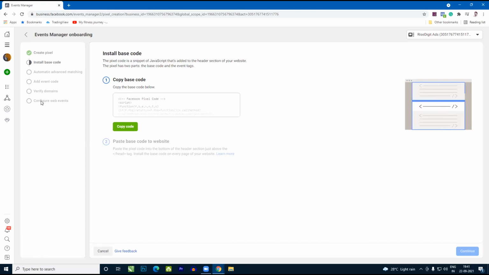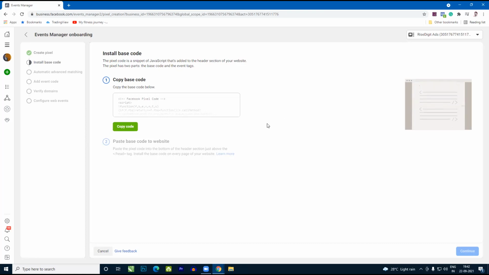The 6th and last step is to configure the web events. This is very, very important. So make sure you stick to the last step, configure web events, because if you miss this, it will be very hard for you to track iPhone users. Even if an iPhone user says that they don't want to be tracked for marketing things, you still can get your event fired from Apple devices. How you can do that, we'll talk about in this last step. So make sure you do not leave this video and you watch it till the end.